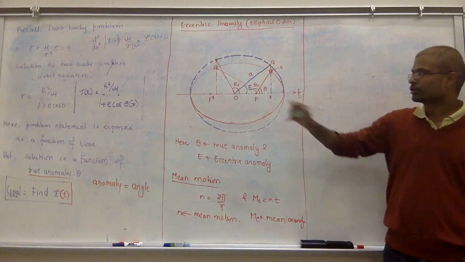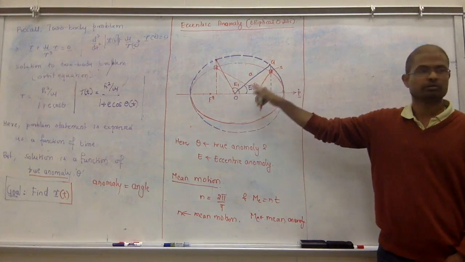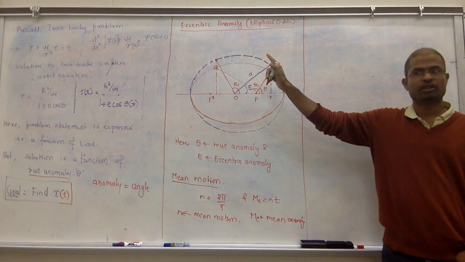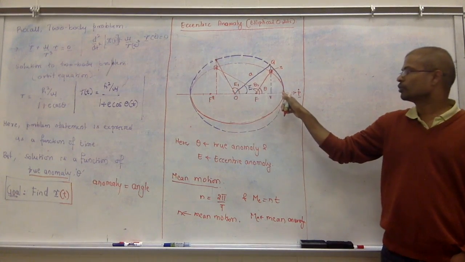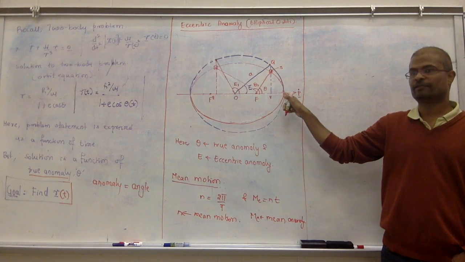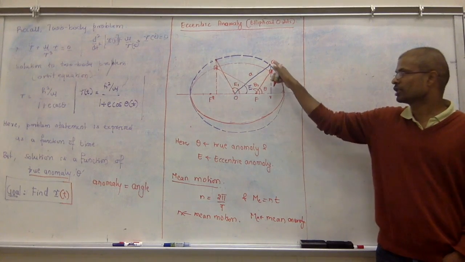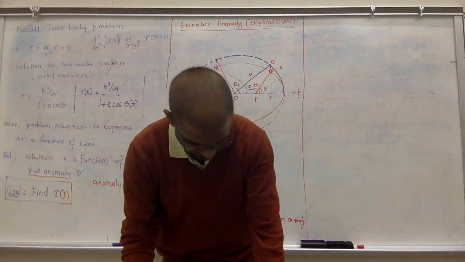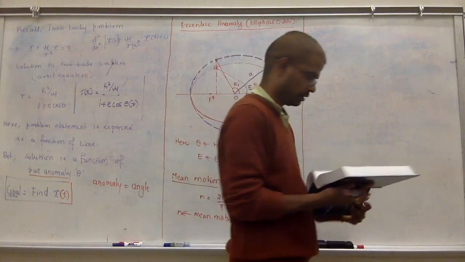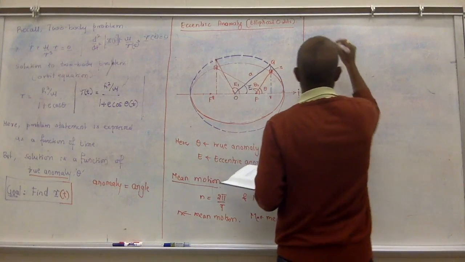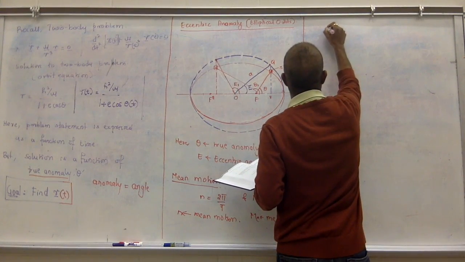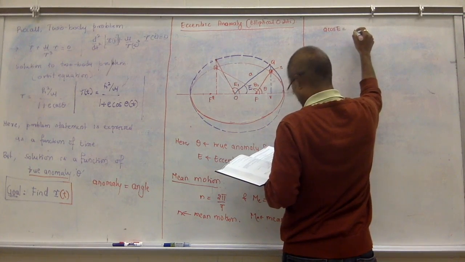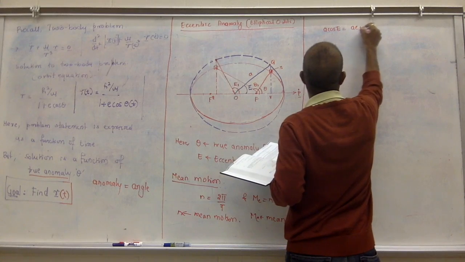So this distance is A. From point O, OQ is A, where A is the semi-major axis, because O to this point is the semi-major axis, and since this is the circumscribed circle, it is the same distance. Now what you want to see here is A cosine E is equal to AE plus